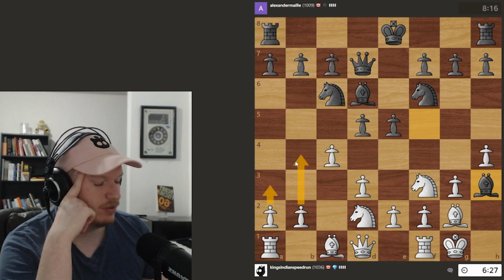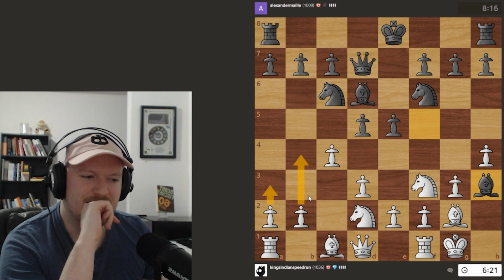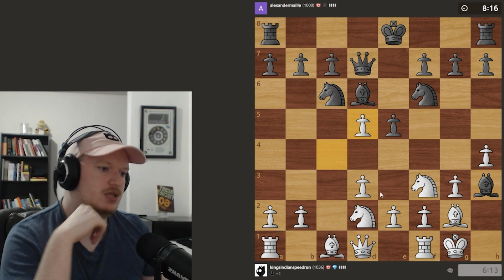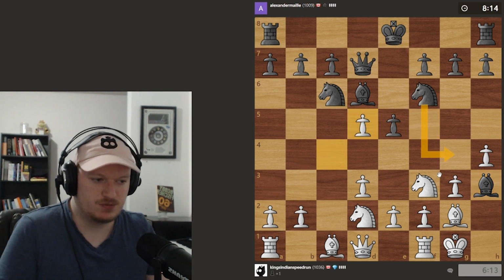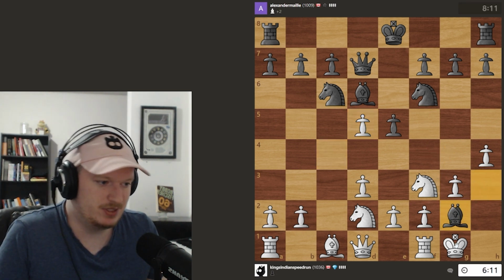I want to play a3, b4 too, and try to not threaten anything directly. It's not really threatening anything, is it? Huh. Yeah, so let's take on d5, just to make sure this knight is further away from g4 for attacking potential. I felt like they weren't going to...